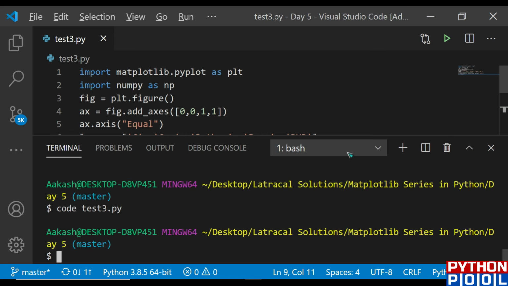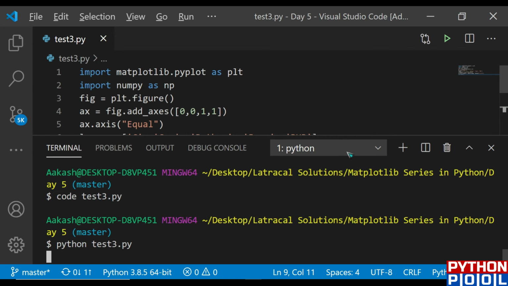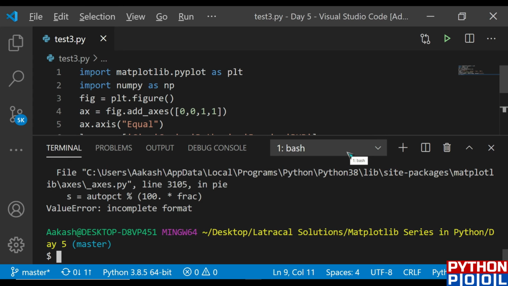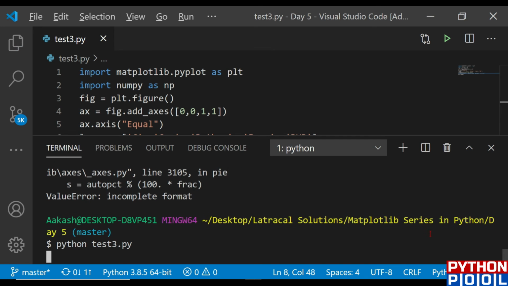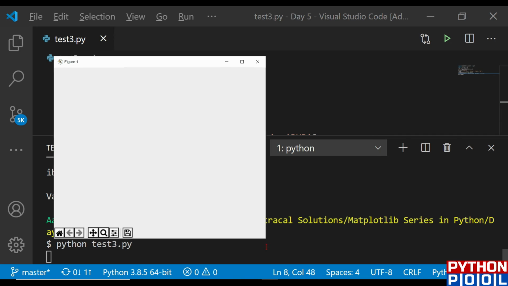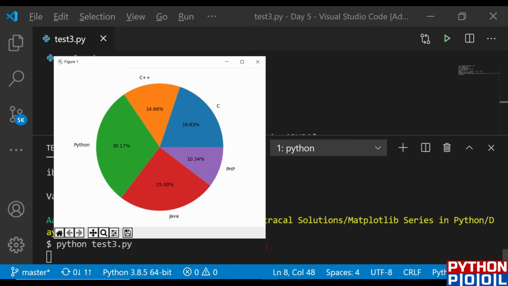Let's hit save. Let's see if it runs perfectly fine. Okay, the error arose because there was one more percentage sign, and then if you run the program you can see it runs perfectly fine. We got our pie chart as we saw in the presentation.